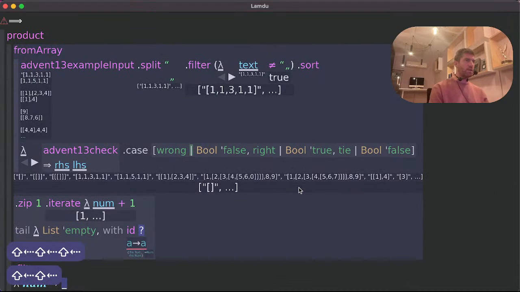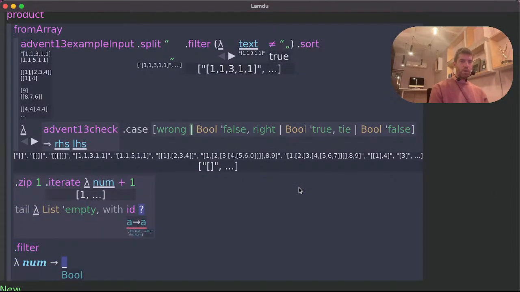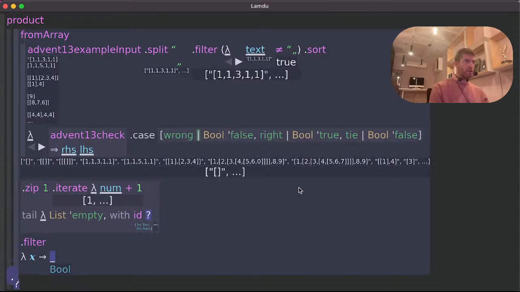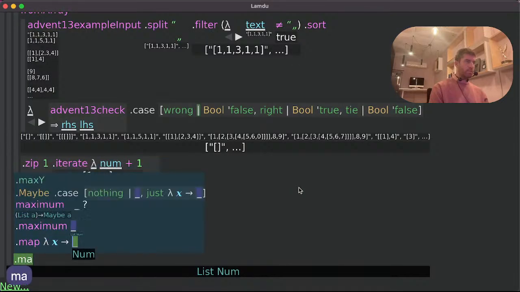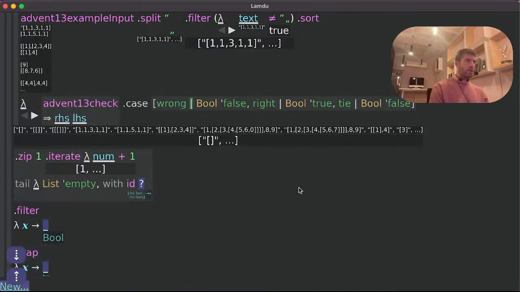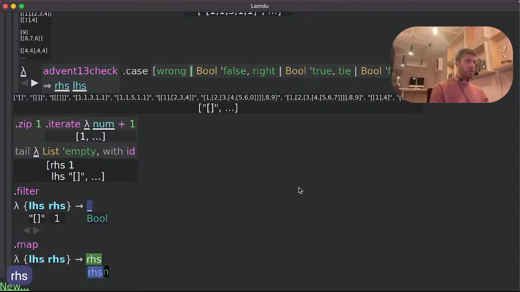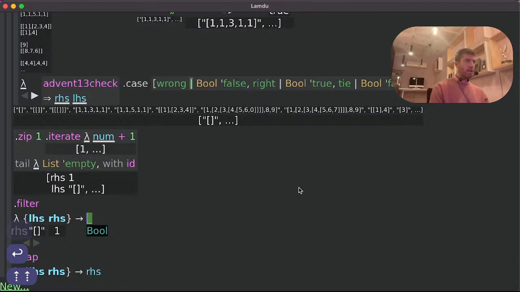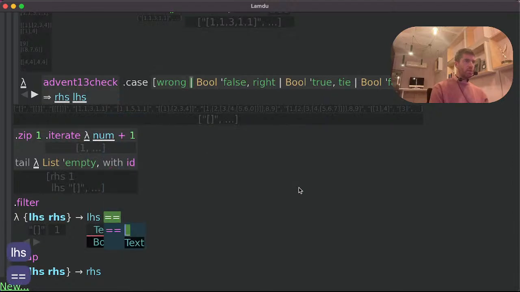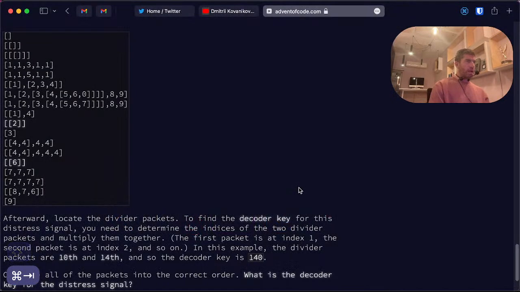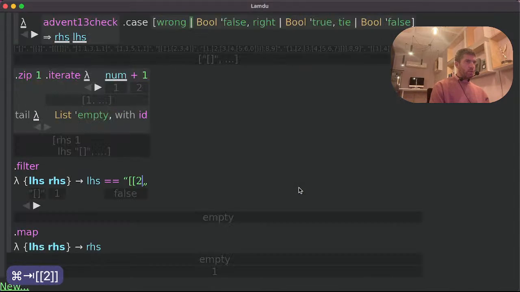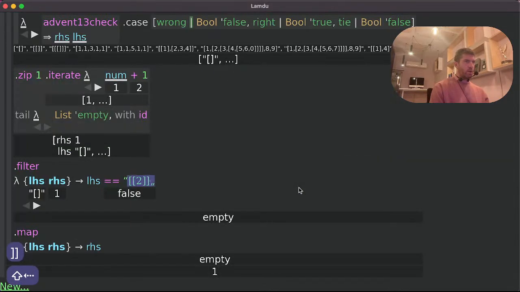So I mark all of this, and I want to map over it. I press open parentheses, dot map. So it applies over here. And I'm just going to take, does it know the type of X? Yeah, so I'm going to accept the type here, remove this, okay, and I'm just going to take the RHS, which was the index. And here I'm going to do LHS equals one of these packets. So 2, close, or